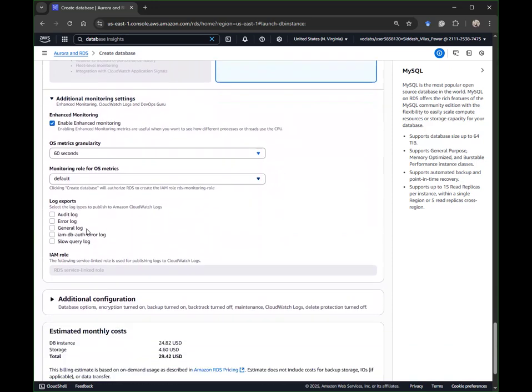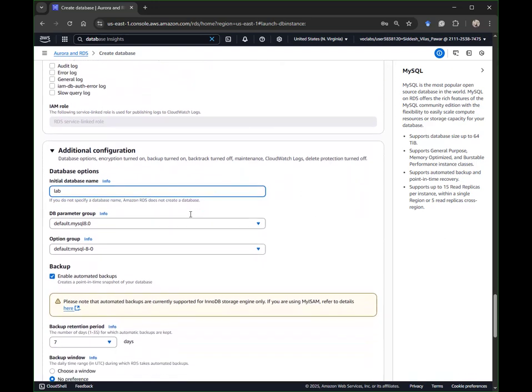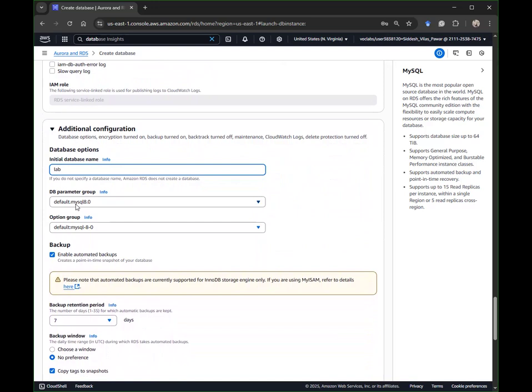Initial database name. If you do not specify a database name, Amazon RDS does not create a database. So we can create a database, but let's give it a name there. If you do not specify a database name, Amazon RDS does not create a database. So I hope you get that. So we're creating a database with the name lab,